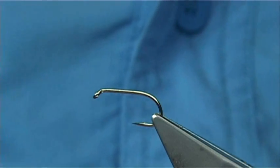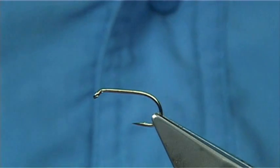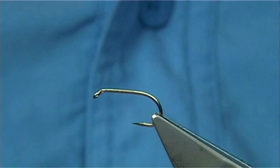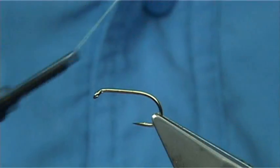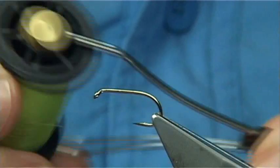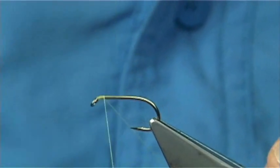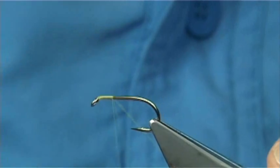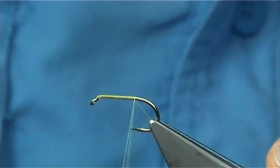Now the hook I'm using is a Kamasan B175 size 10. The thread I'm going to be using is a Uni thread in chartreuse, an 8/0, which is a nice size. I like using the fluorescent colour, it just lifts the body a wee bit, especially when a fly's hatching, you just need it. Now I'm going to run a thread down until I'm in line with the barb of the hook,